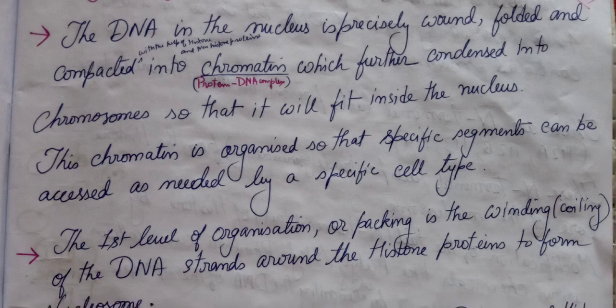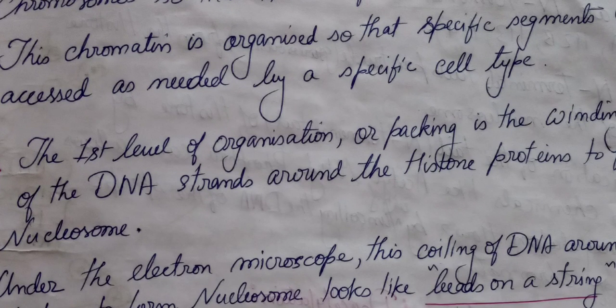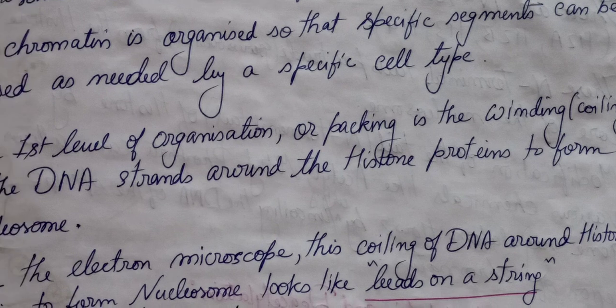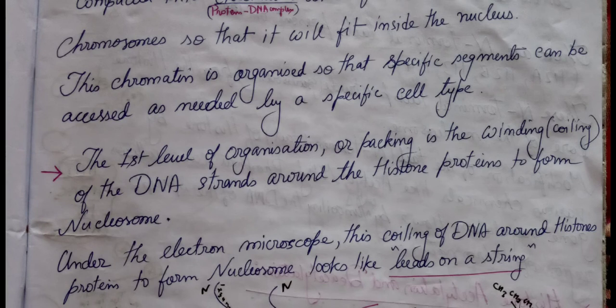So the first level of organization or packing is winding or coiling of the DNA strands around the histone proteins to form nucleosome. So this is the first level of organization, this histone modification and chromatin structure. It is your packing or winding, means coiling of DNA strands around the histone proteins to form nucleosome. Okay,